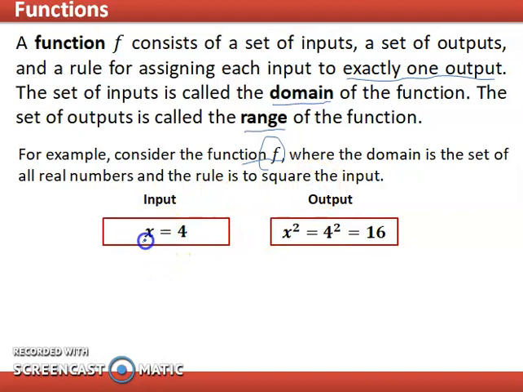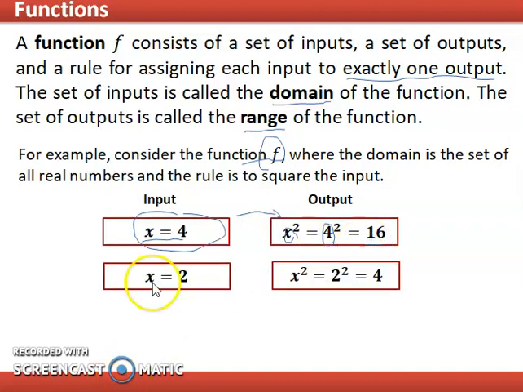Okay, for example, the input is x is equal to 4. So ang rule ng sinusunod ng function, bawat input, okay, ay isi-square mo para maging output. So in this case, we square x, so it becomes x squared or 4 squared. So substitute x is equal to 4 here, and that is just equal to 4 squared or 4 times 4,